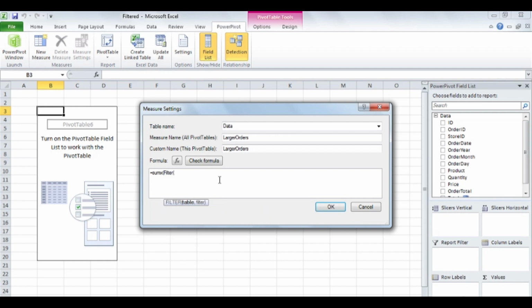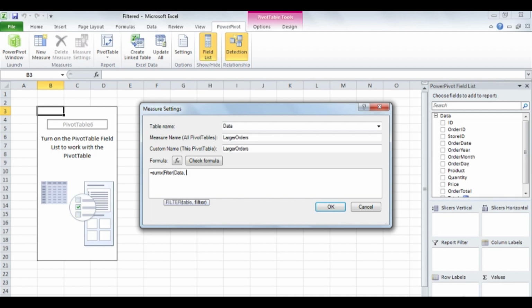To give you an example, I'll create the formula equal SUMX, left parentheses, and then a filter, FILTER, left parentheses, and now the filter function takes two arguments, the table that you're referring to, and then the actual filter. In this case, the table's name is data. Type a comma, and now I create a rule that does the filtering. And in this case, I only want to see orders with quantities greater than 18, so in other words, 19